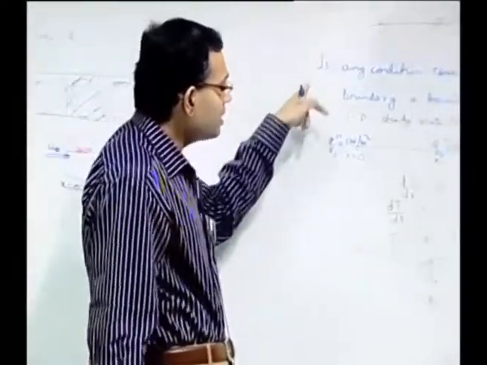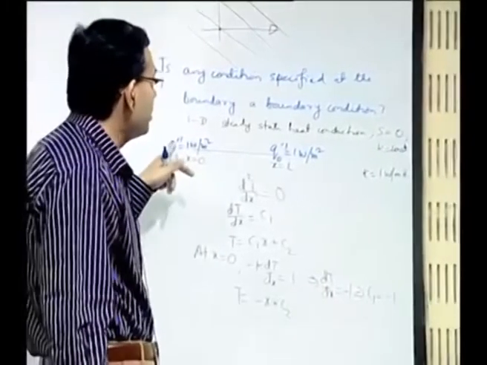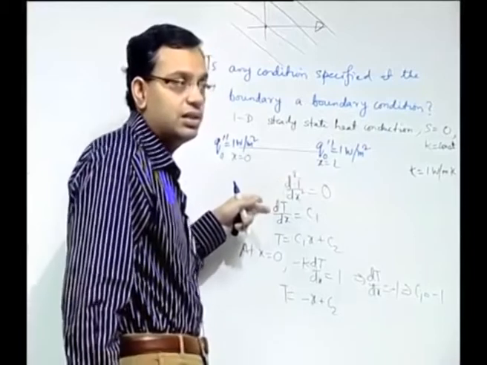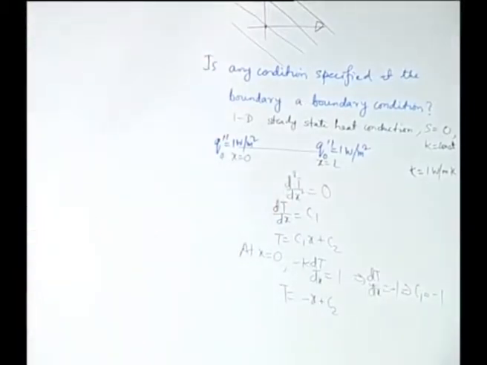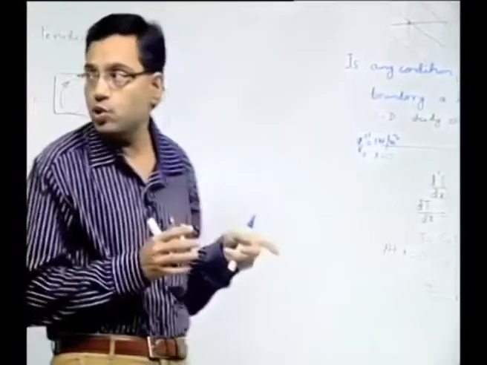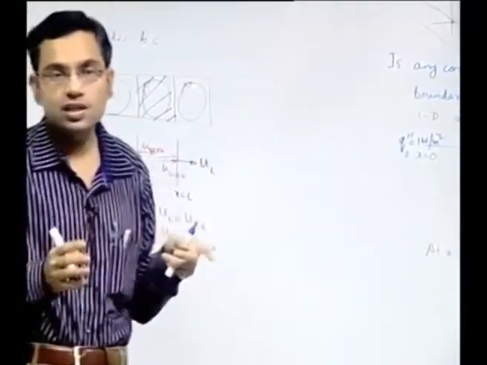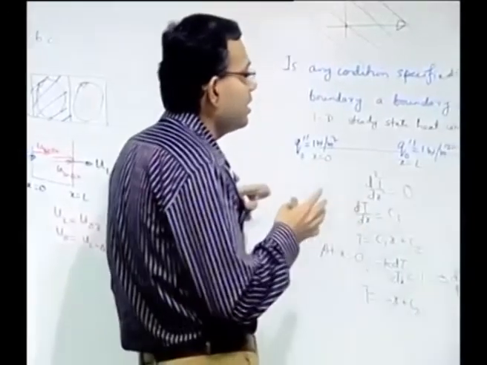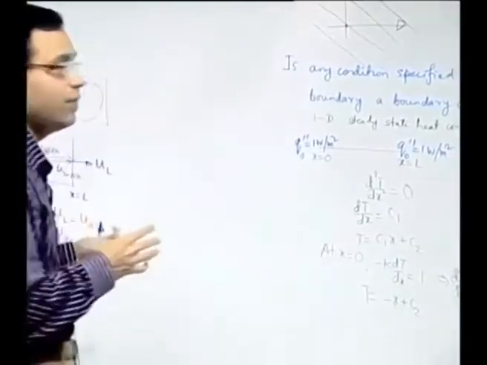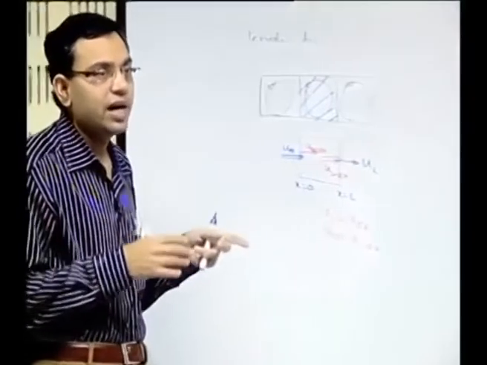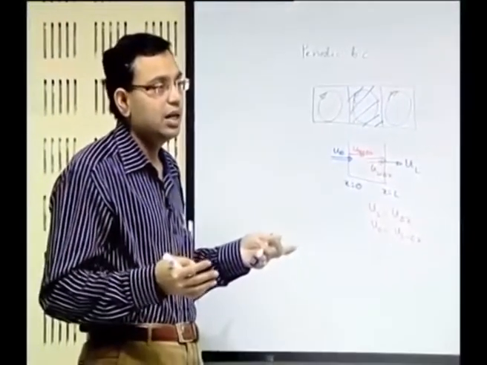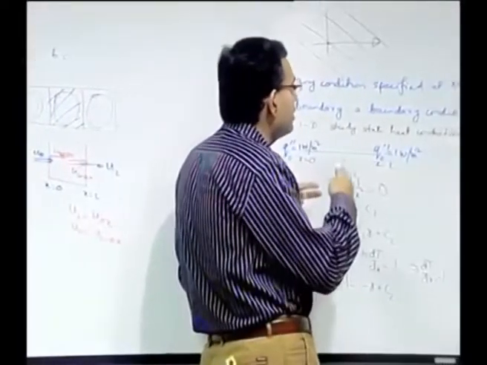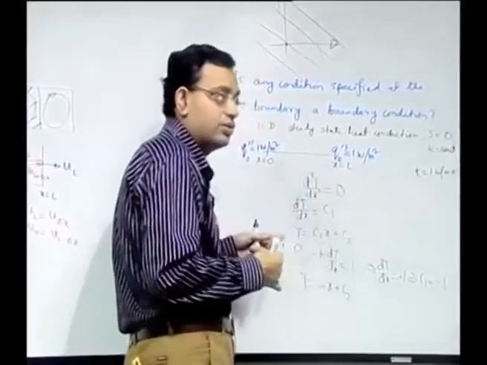So we can understand from this example that we have given some condition at the boundary, but that is not a legitimate boundary condition. Whenever you are interested in posing a well posed boundary value problem, you must keep in mind that the boundary conditions should be such that the problem is well posed. Otherwise you can arbitrarily specify the boundary condition that may be physically consistent, but that does not give you a guarantee that it will give you a unique solution.